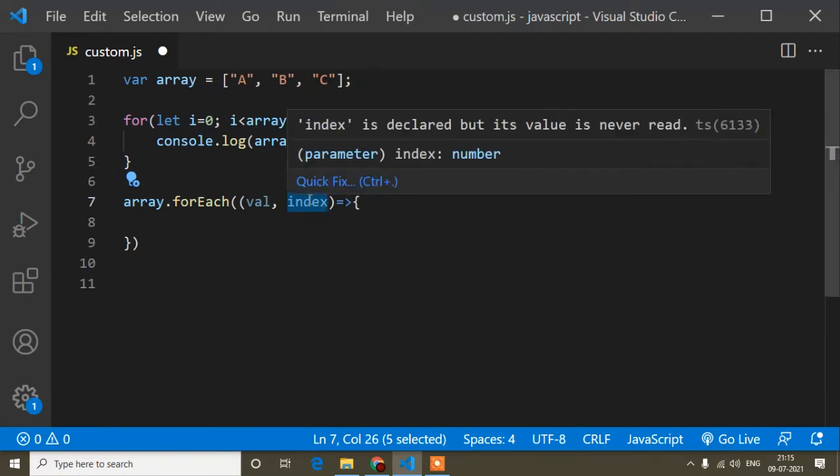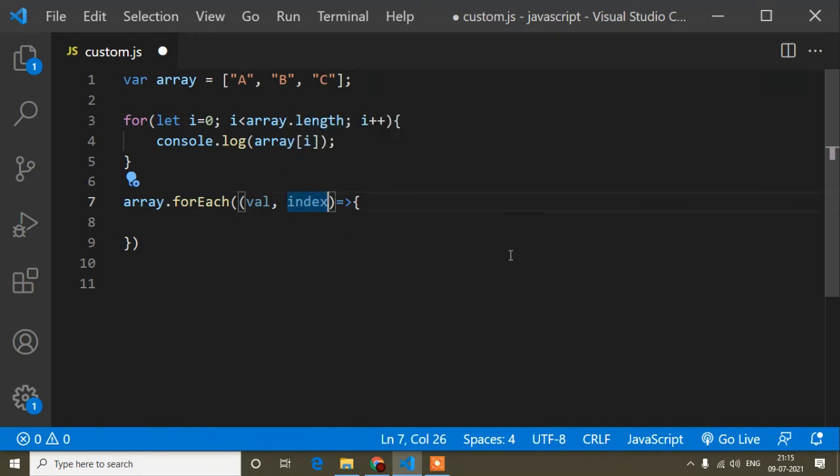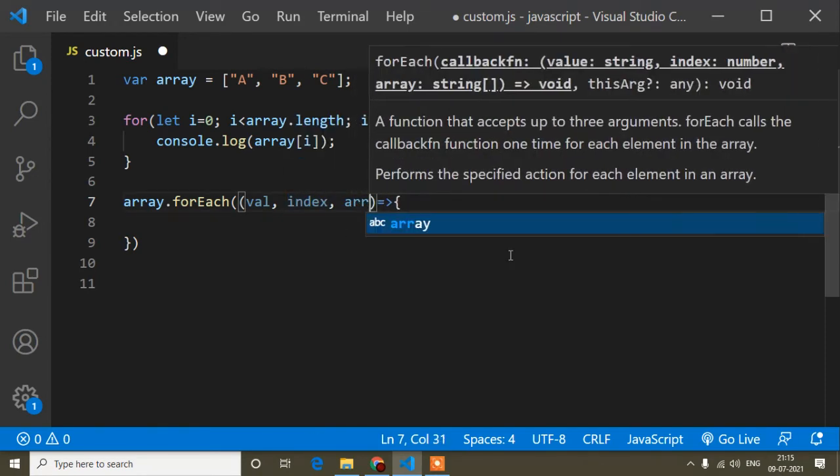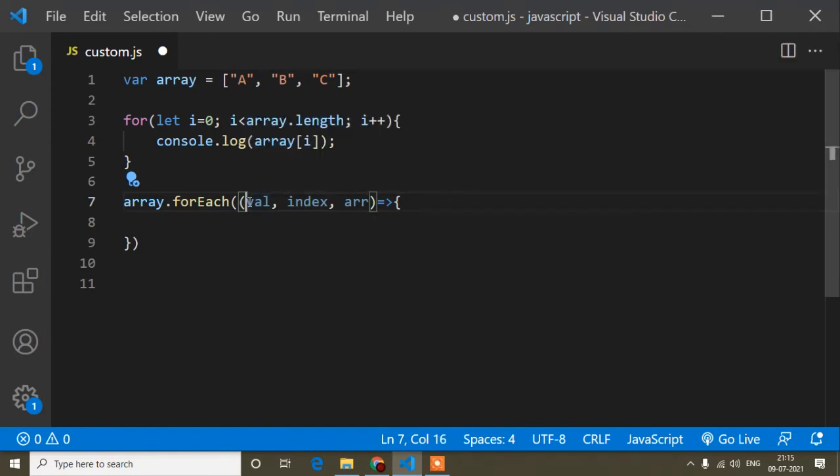But mostly we write index, and for the third we write arr. This is what we mostly write as the parameter names inside the forEach loop, but it's not required that you write index second and array third. You can write the array parameter here and the value parameter last, but whatever you write as the first parameter will denote the value.